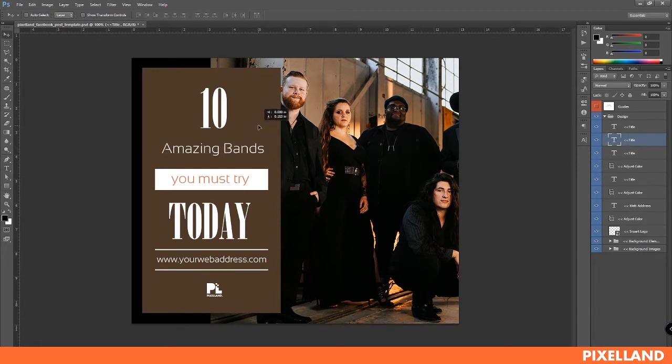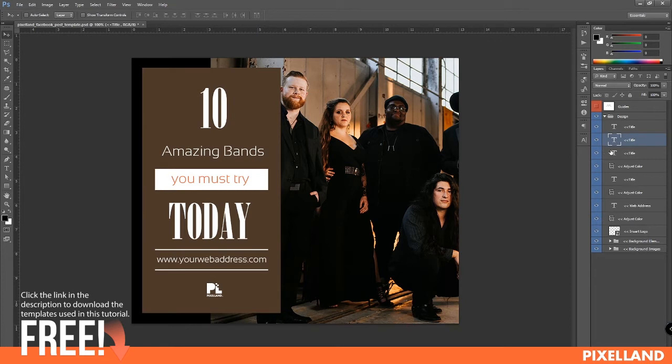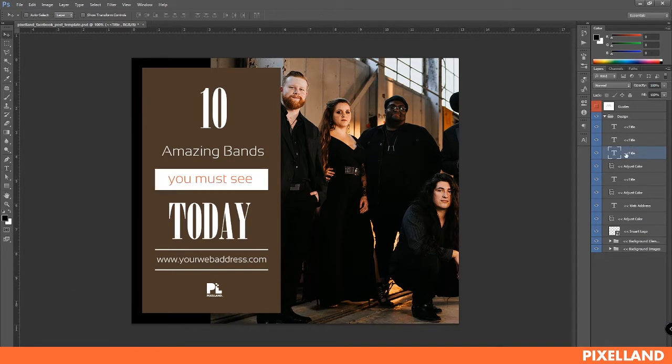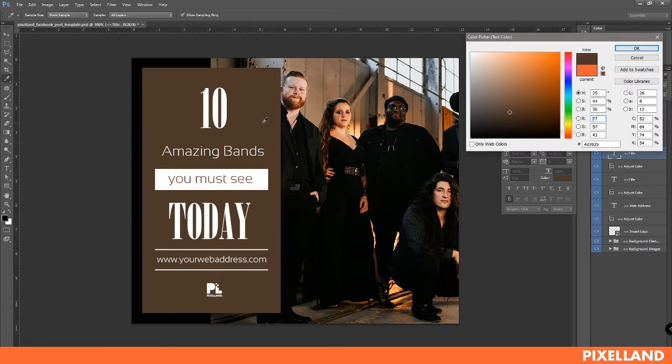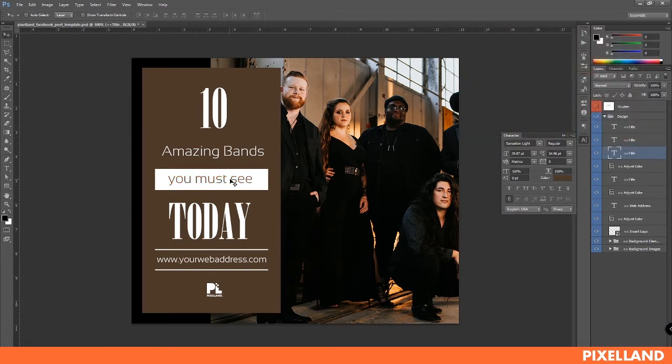I'm going to drag that down a little bit, reposition it. 10 amazing bands you must see. And if you notice, this type is actually using the old color palette that was originally designated when we designed the template. So you want to make sure that matches whatever you have going on for your design. So I'm going to sample the color that it's sitting on top of so it doesn't stand out in that bright orange. So 10 amazing bands you must see